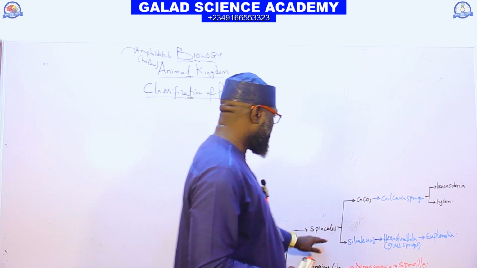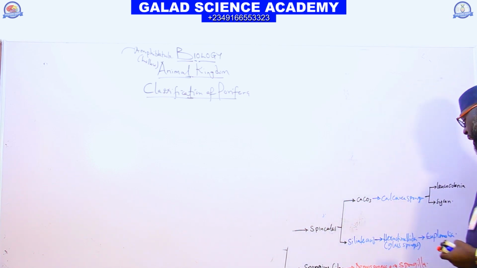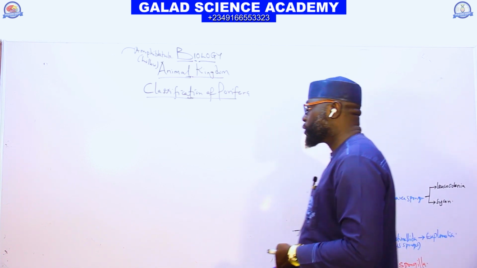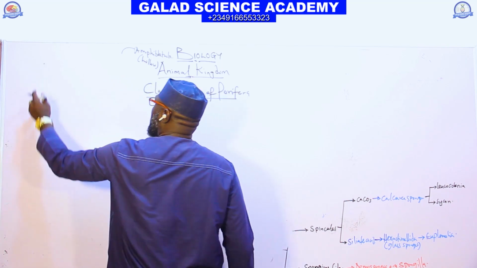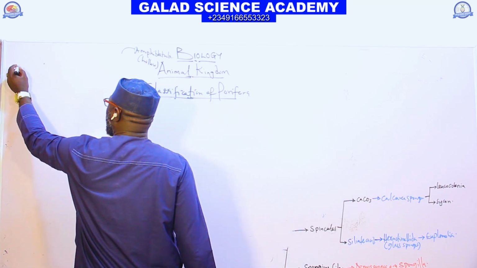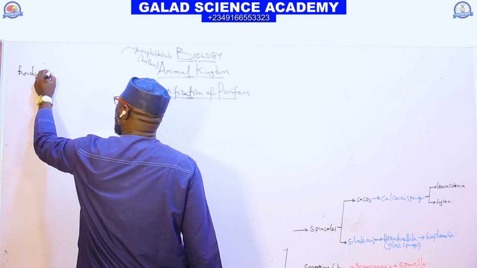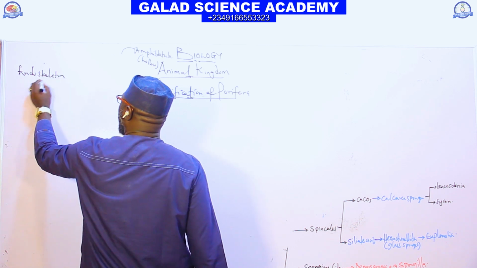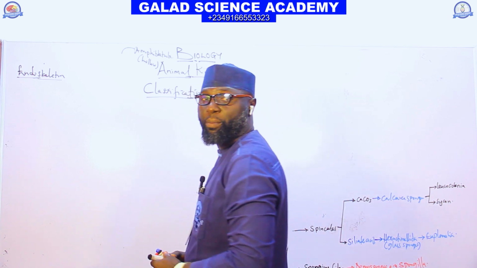So for the spicules, we have calcareous sponges and hexactinellid sponges, and we have demosponges. So in terms of endoskeleton, the sponges can be grouped into